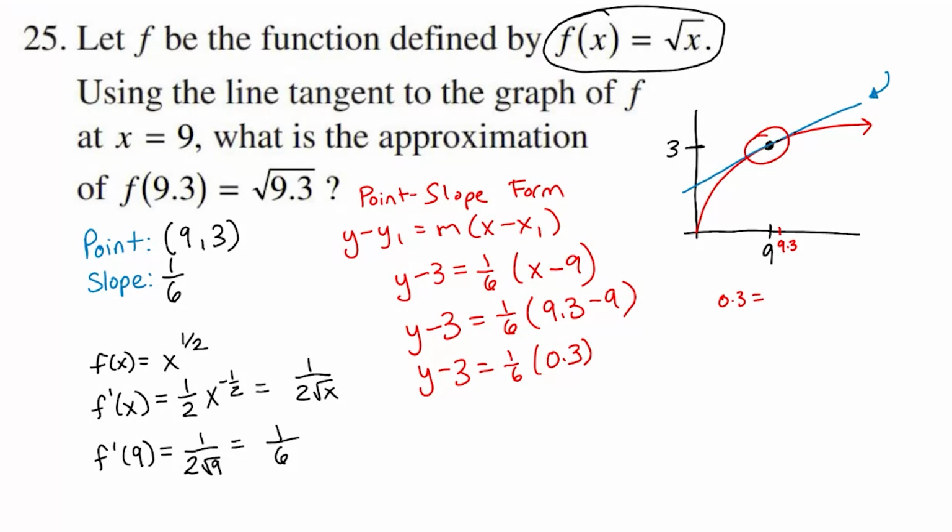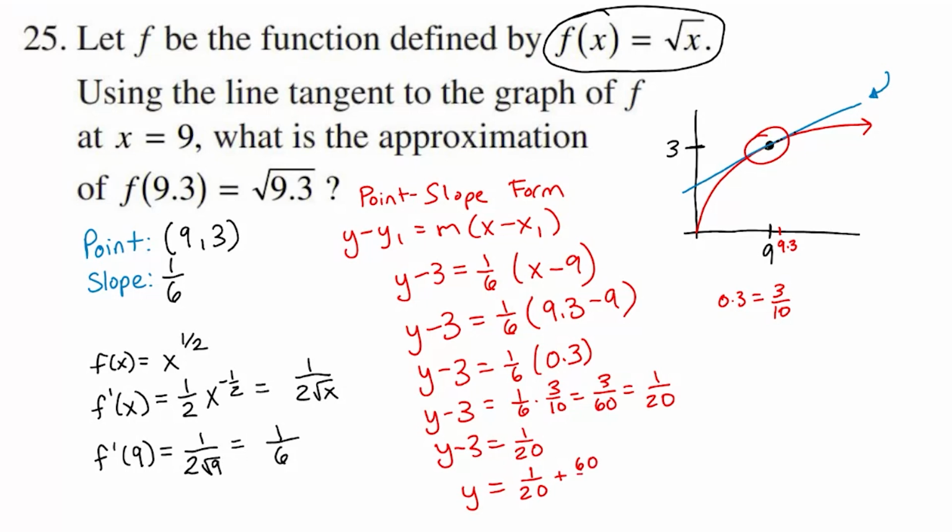0.3 is equal to 3/10. So y minus 3 equals 1/6 times 3/10, which is 3/60. Or if we reduce that, 1/20. I'm going to rewrite this equation so it looks a little nicer. And then I'm going to add 3 to both sides. So I have y equals 1/20 plus 3, which would be the same as 1/20 plus 60/20. So y would be